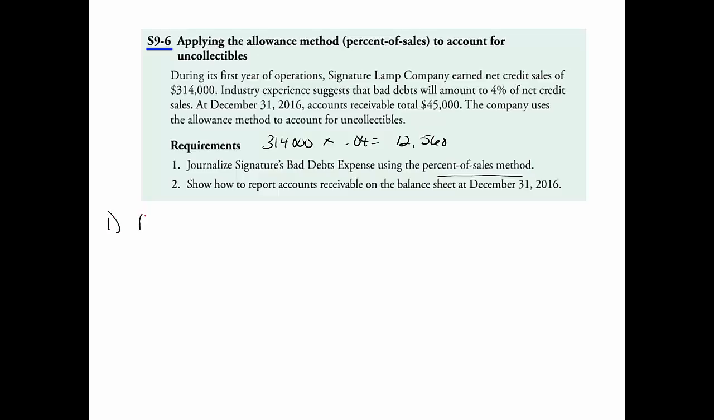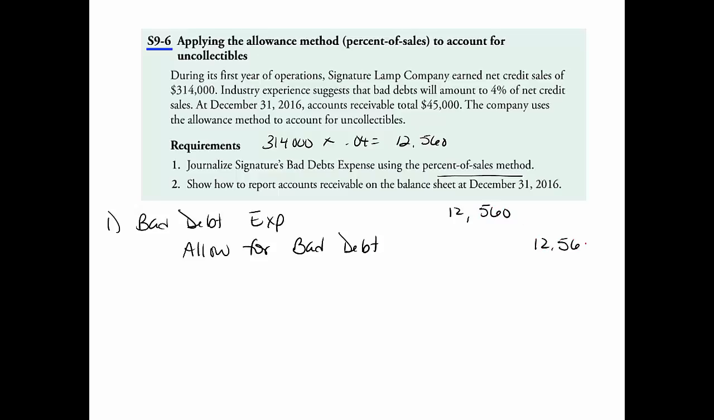So for the entry, I just debit bad debt expense and credit allowance for bad debt. And these are both for 12,560. And then on the balance sheet, this would be a current asset, and I would show accounts receivable of